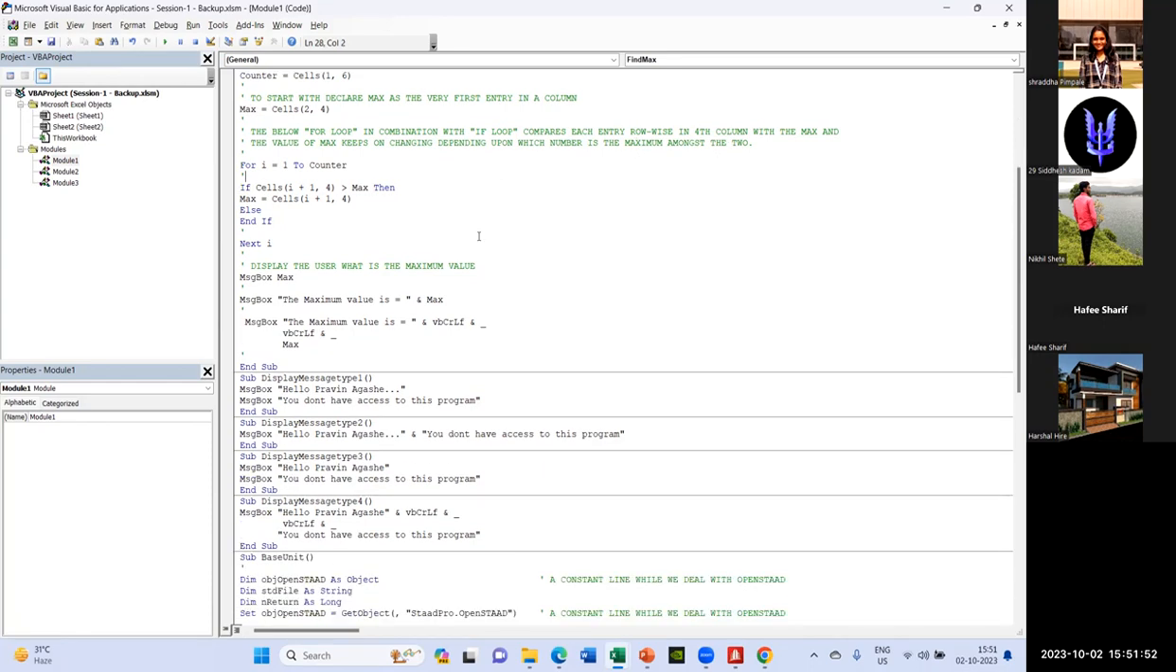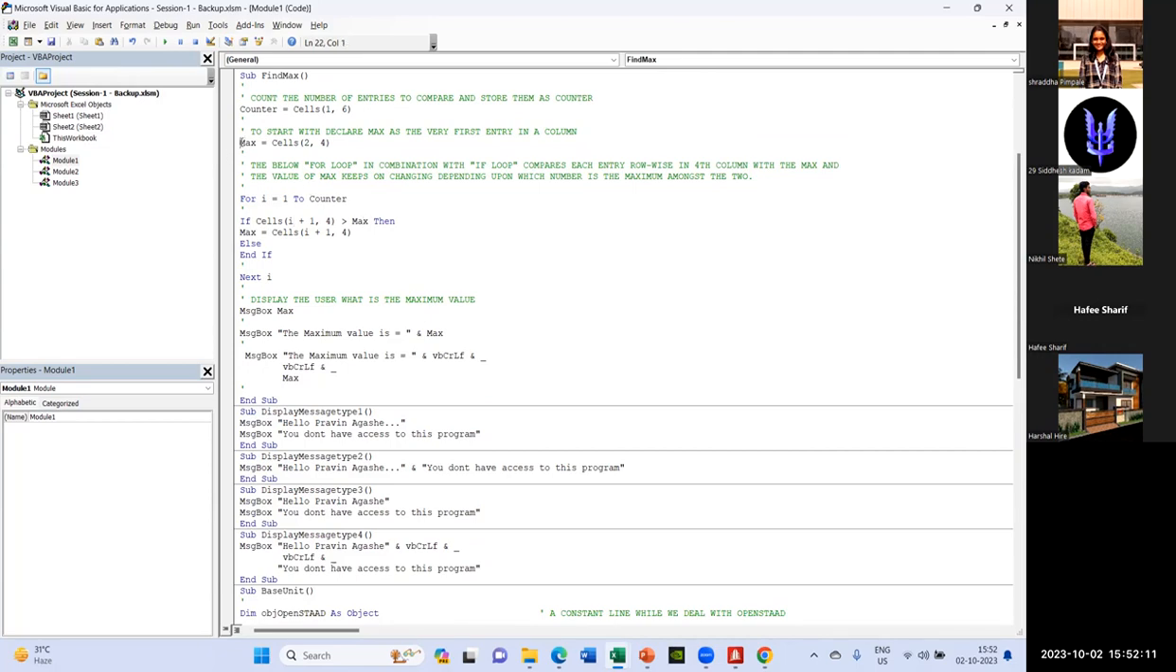So this maximum will keep on changing depending upon which number is the maximum amongst the two. So how are we going to proceed with the program? We will start with this for loop: for I is equal to 1 to counter. The counter here is 9. We have a total of 9 numbers. So for I is equal to 1 to 9, if the cells I plus 1 comma 4 is greater than max. What we have decided is max as the first entry,